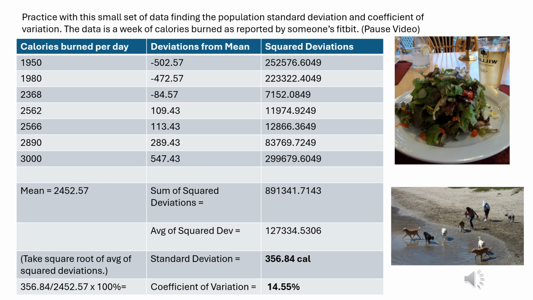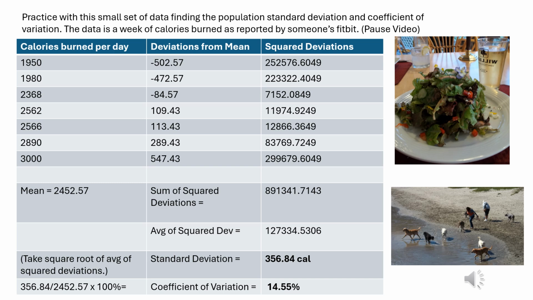Again, we're averaging the 7 squared deviations. We're treating this like population data. So the average of the squared deviations is 127,334.5306. But take the square root to dampen the effect of having squared, and we get a standard deviation of